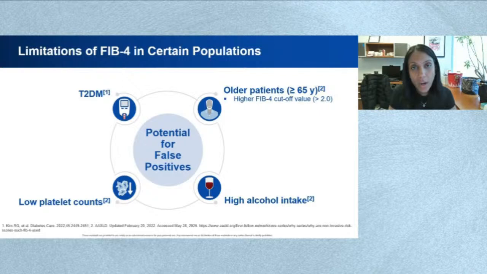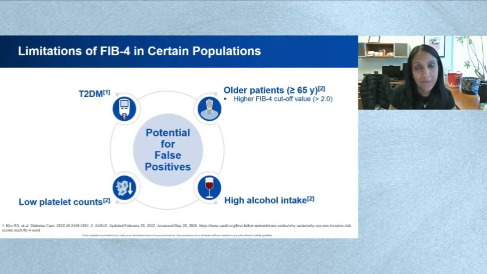So to try and counteract that, we do have different cutoffs for patients over the age of 65. Normally, we use 1.3 as the lower end to rule out advanced fibrosis. We use 2.0 in patients who are 65 years or older. And then similarly, because platelets are in